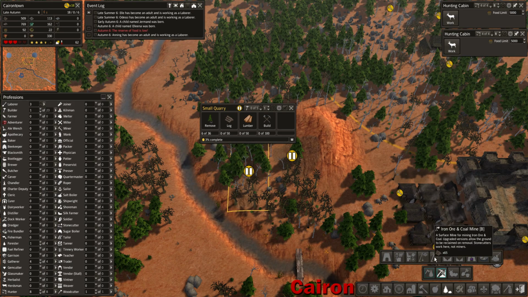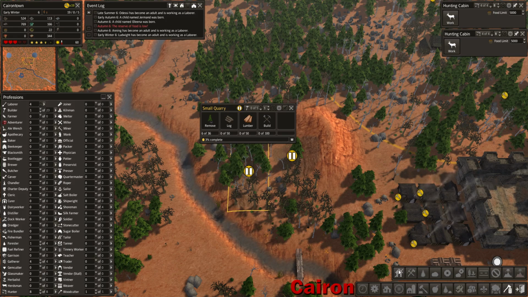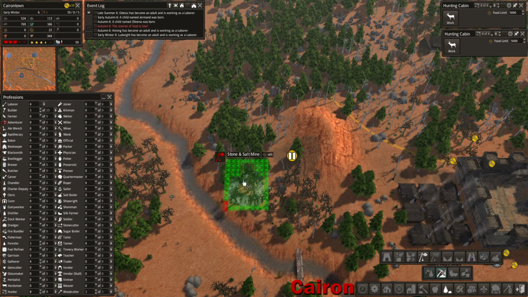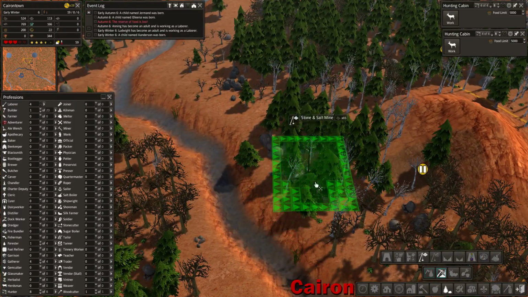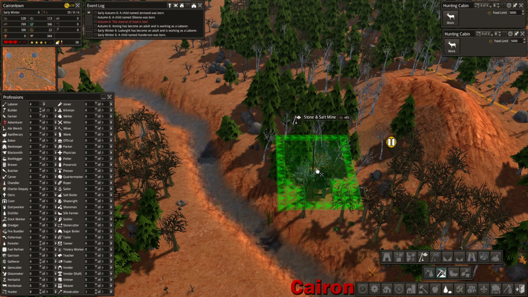So the problem with the iron ore is you need a forge to smelt the iron ore into iron that's usable. But the stone quarry, it doesn't really matter. So what I think I'm going to do instead is demolish this, and we're going to put a stone and salt surface mine in here instead. Let's see, how does this look? Alright, so the bottom is where the path comes out. So let's put it right...